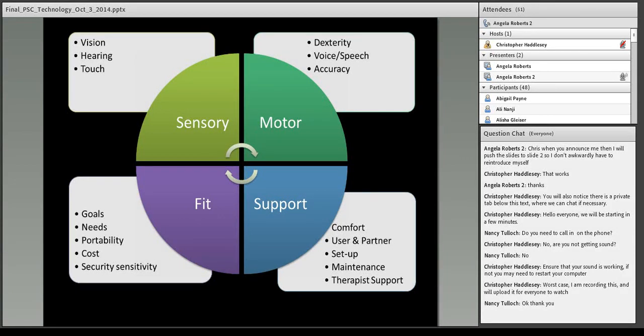So this really wasn't a decision that this couple could have made on their own. They relied on the assistance of professionals, in this case myself and an audiologist, to help them make the decision as to which technology was best. Other considerations include just voice and speech accuracy and motor accuracy, again, for manipulating the controls. And in particular, if you're doing a voice-to-text application where